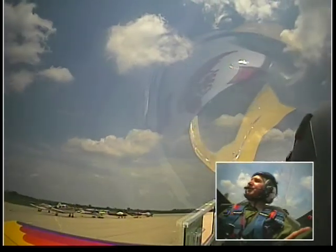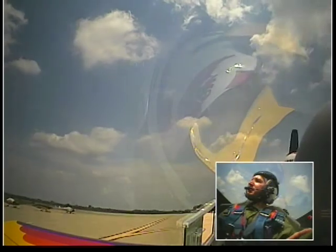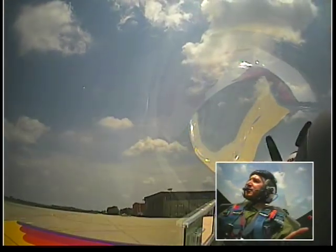Alright, we'll taxi on in. Once, after I turn the engine all the way off and the canopy's open, then if you want to, you can go ahead and take your helmet off. Just be real careful not to